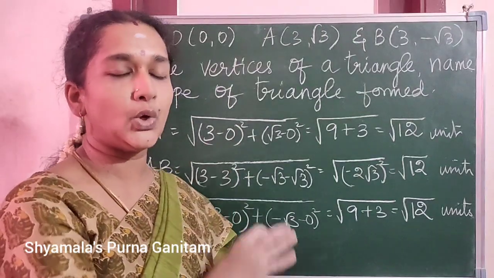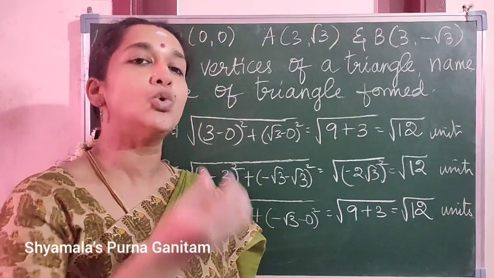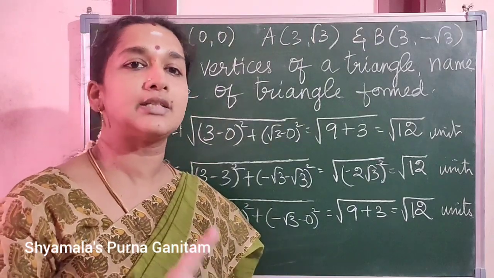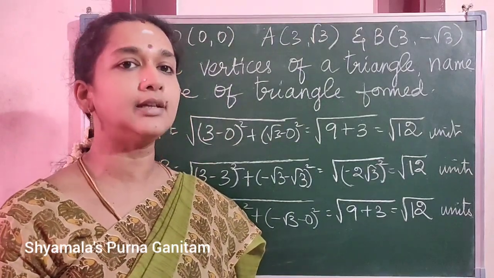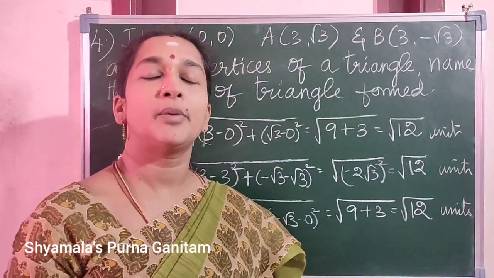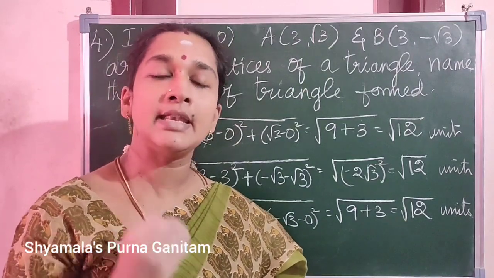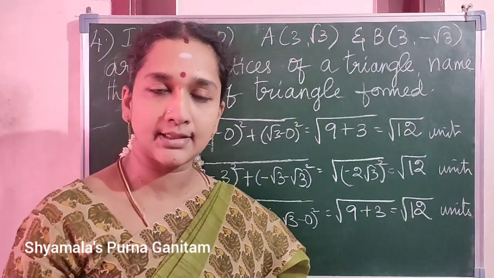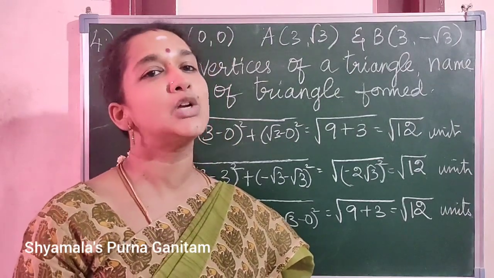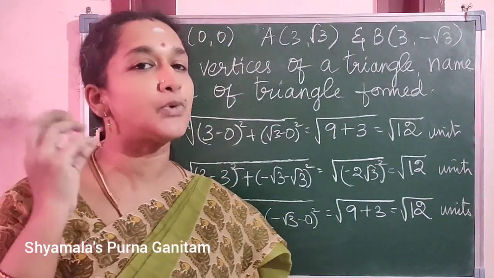Okay, so in this video, I have explained if vertices of the triangle are given, how to identify and show different varieties of triangle, that is equilateral triangle, isosceles triangle and right angle triangle. I am doing one sum only in each model. Many, many sums are there. So you practice all the sums. Minimum you have to spend half an hour daily for doing maths. If you are practicing regularly, it will be very useful for your board exams.